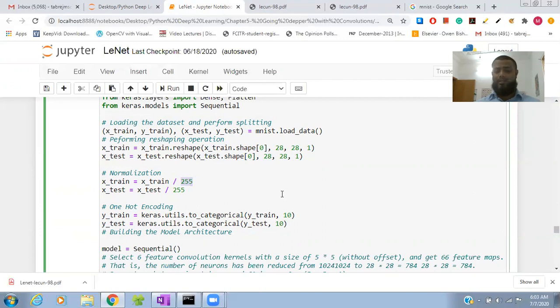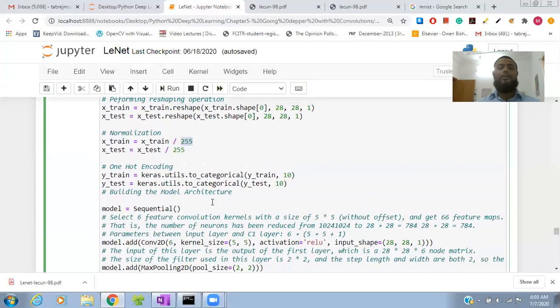Then we categorize the data into 10 classes for the train data and test data.